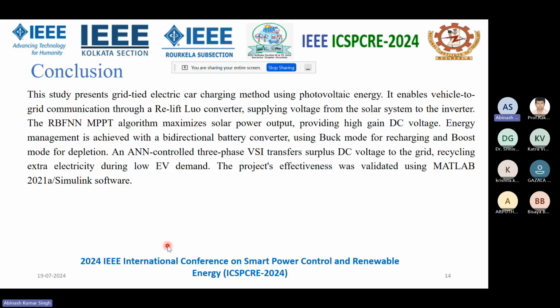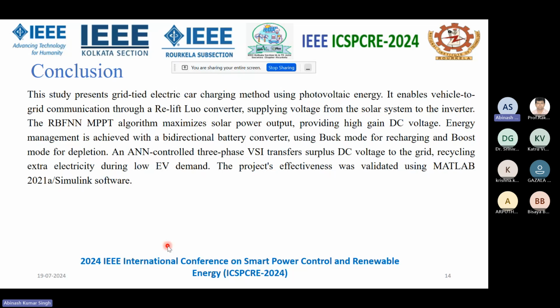energy. It enables vehicle to grid communication through the Luo converter. Again, supplying voltage from the solar system to the inverter. The RBFN MPPT algorithm maximizes solar power output, providing high gain DC voltage. Energy management is achieved with a bidirectional battery converter, using buck mode for recharging and boost mode for depletion, and the ANN controller three-phase VSI transfers surplus DC voltage to the grid,